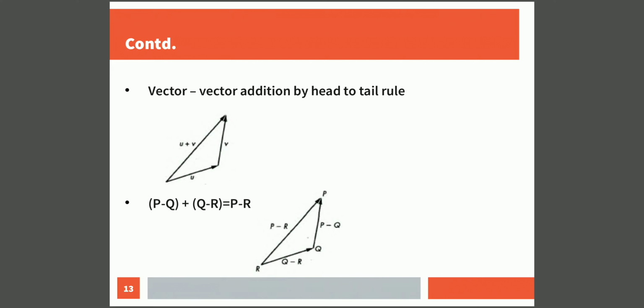In the same way, the end points of vector V are represented as P and Q. Whenever we perform point-to-point subtraction between P and Q, we'll get a vector, and we are calling that vector P minus Q. Whenever we add these two vectors, that is P minus Q and Q minus R, by using the head-to-tail rule, we are going to get a new vector, and we are calling that vector P minus R. So by using that diagram, we can write the equation as P minus Q plus Q minus R equal to P minus R. This is nothing but vector-to-vector addition.